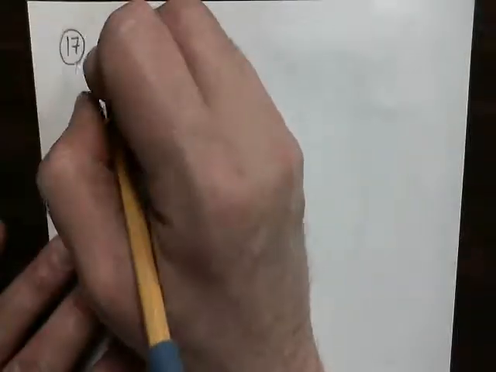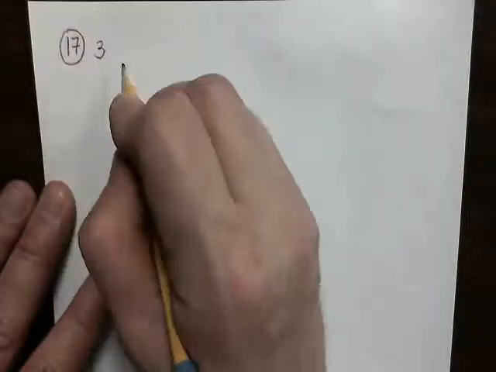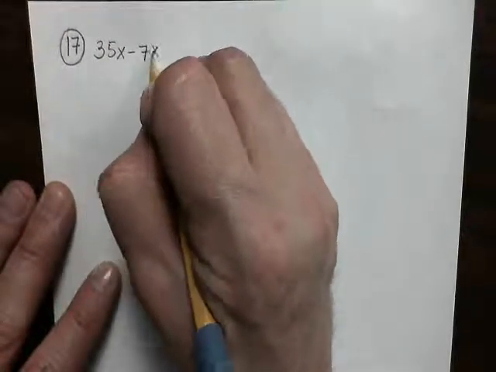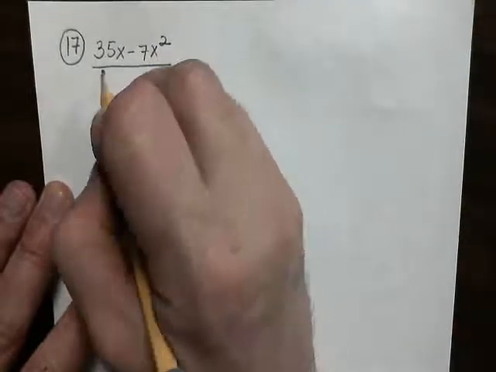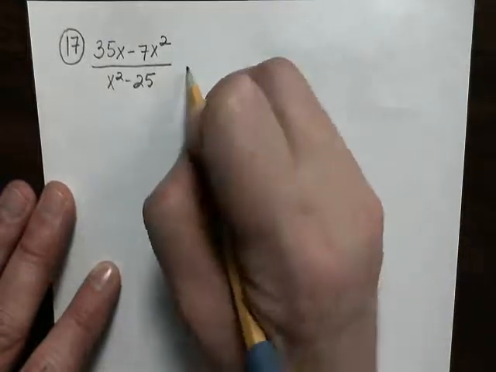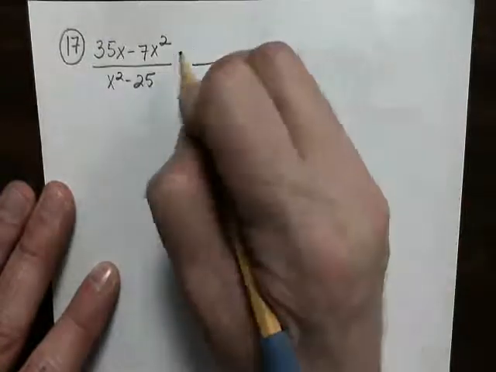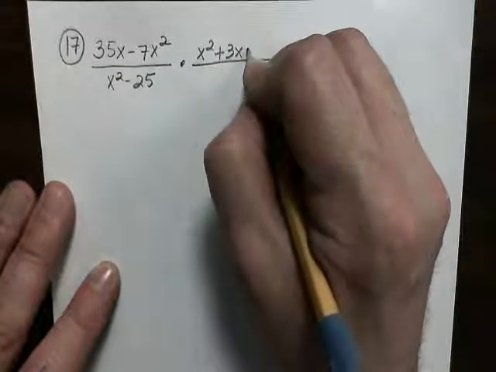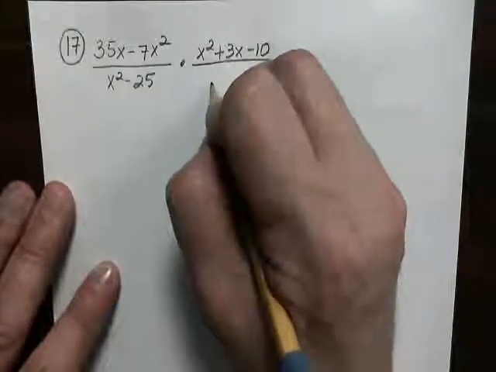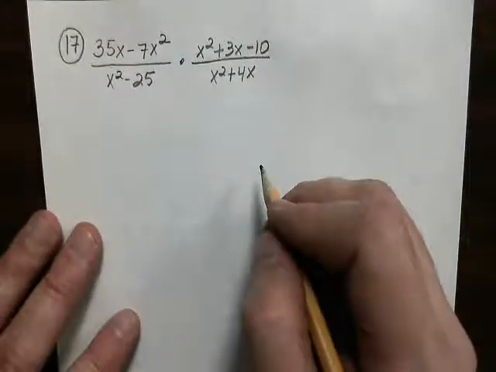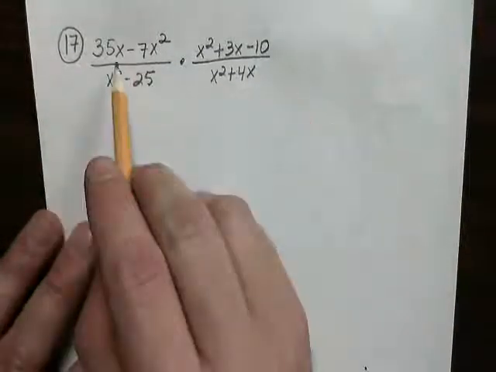Okay, we're going to do problem number 17 now. Problem number 17 is 35x minus 7x squared over x squared minus 25 multiplied by x squared plus 3x minus 10 over x squared plus 4x. Okay, in solving these problems, the first thing I noticed is that this is out of order,